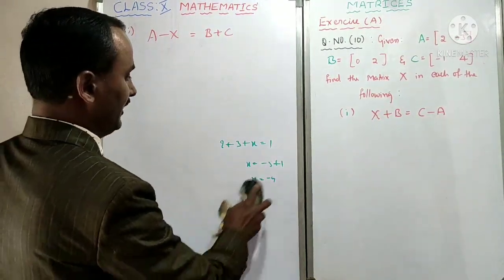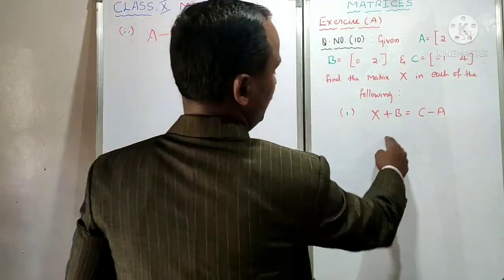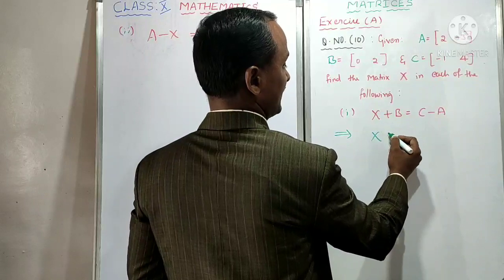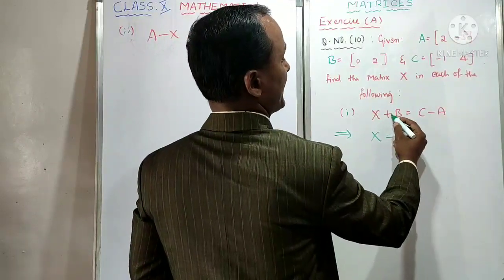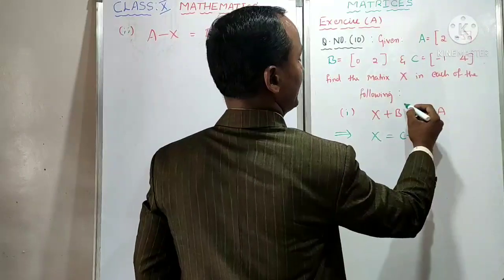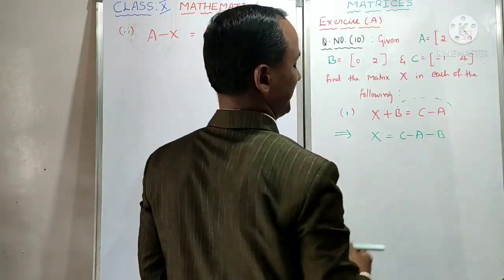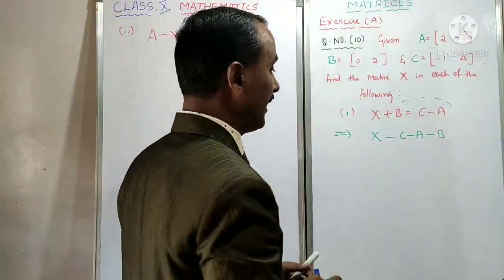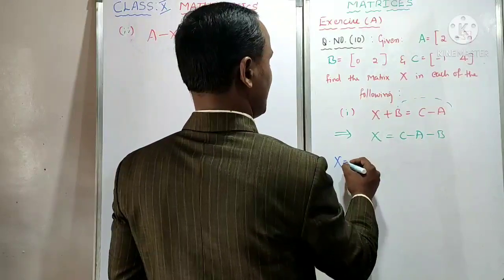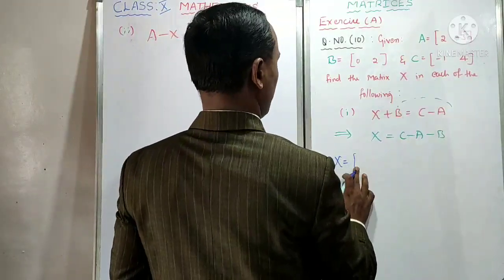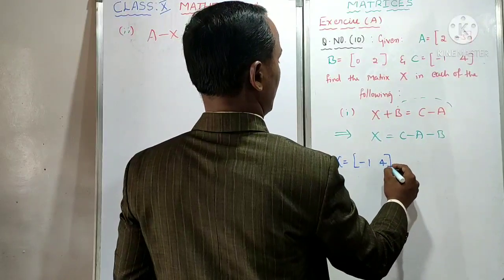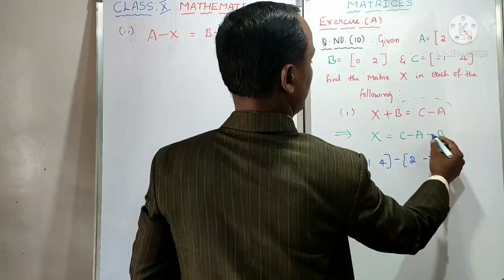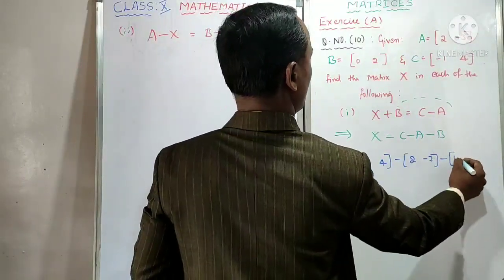Like here also, on the left hand side, X with addition B matrix, A is there. Coming to the solution, X as it is equal to C minus A, and B matrix having positive sign goes to the right side, minus B. Easy, sir. Same method, we will solve the equation the same way. Now I will write the elements of matrix C. X is equal to matrix C elements minus 1, 4, minus matrix A elements 2, minus 3, minus as it is, matrix B 0, 2.